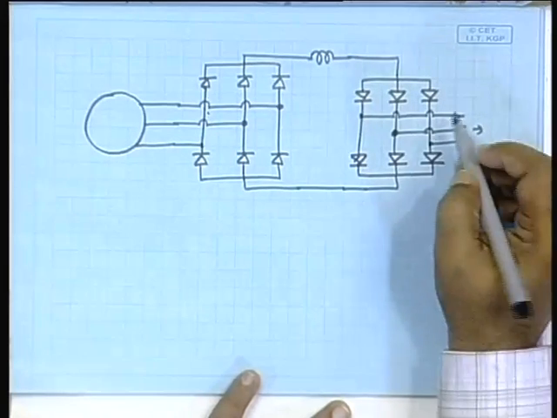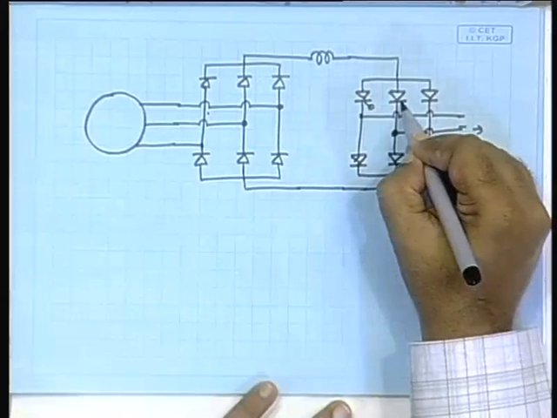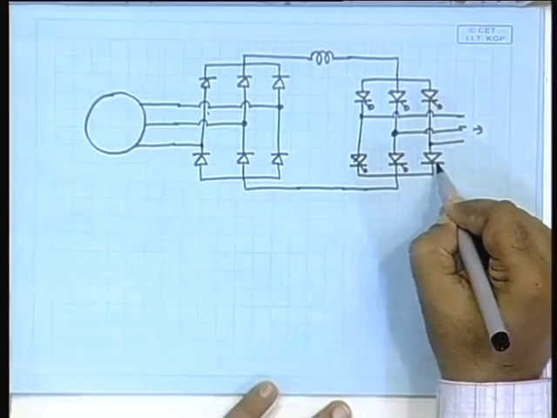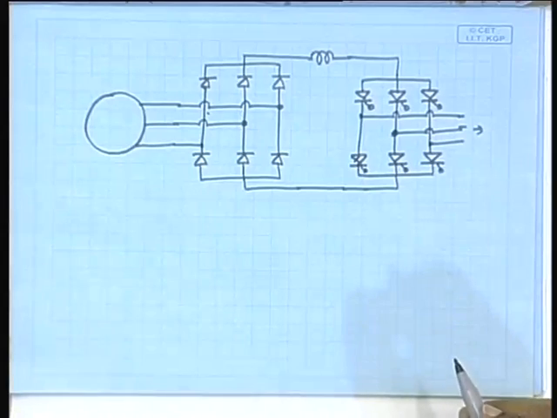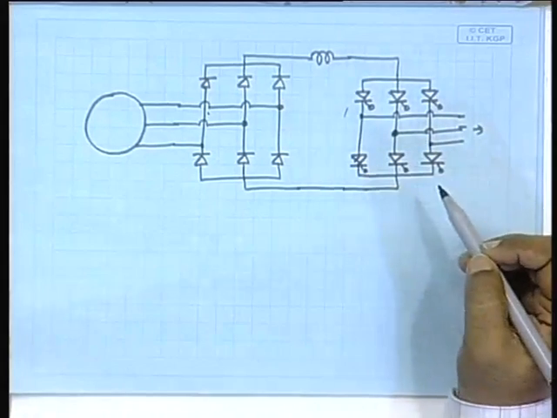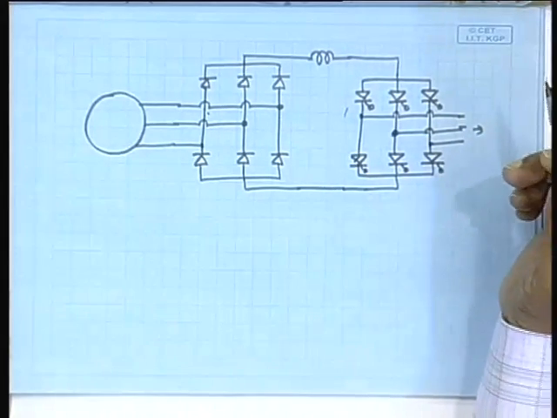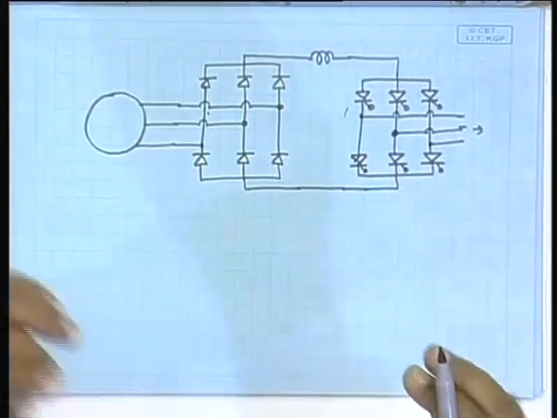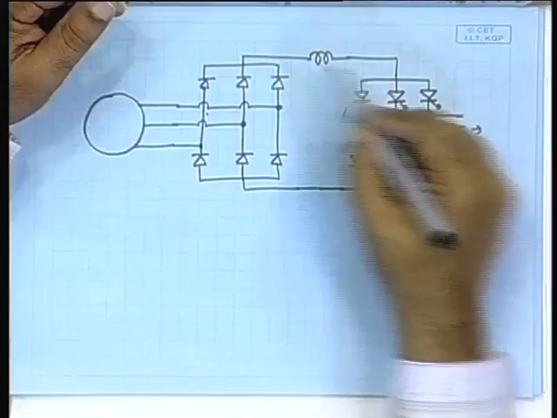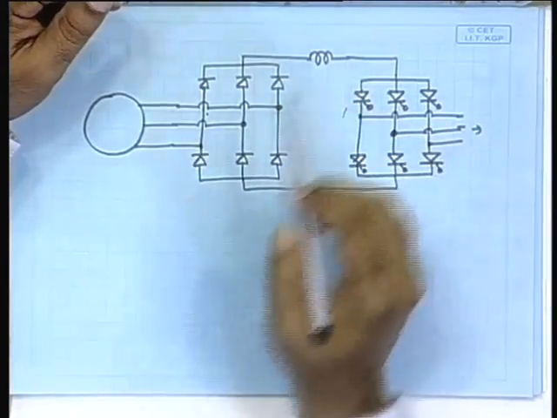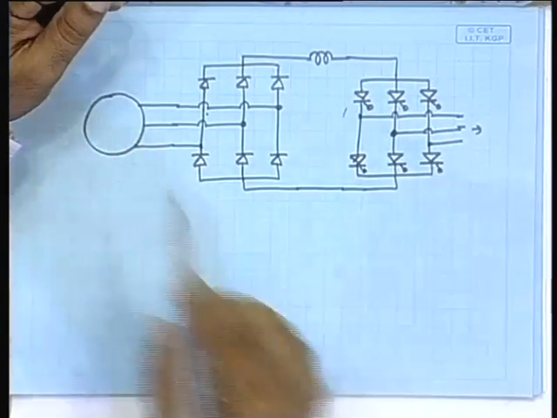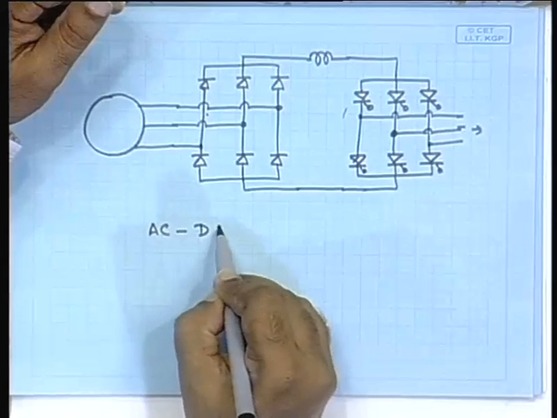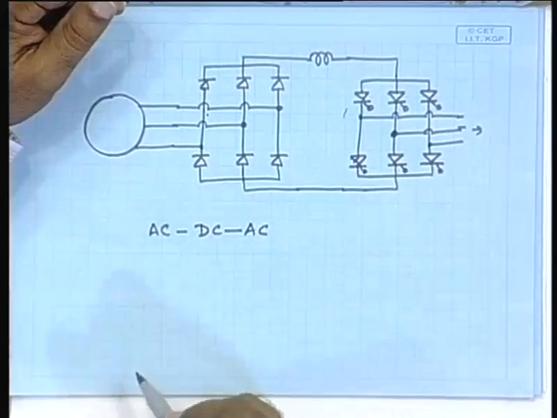This is to the load. Now, these will have to be controlled switches. Earlier these were realized by thyristors, but now other devices are coming like IGBTs, with which you can do this. But in this course, let us not get into the details of this. The basic idea is that you can convert it in the form of AC to DC to AC system, and